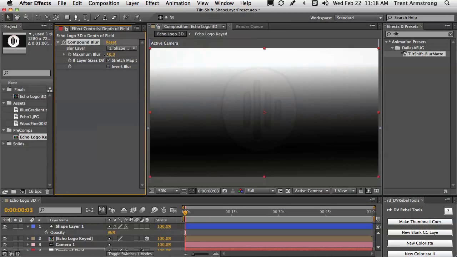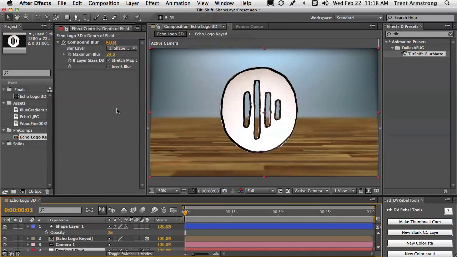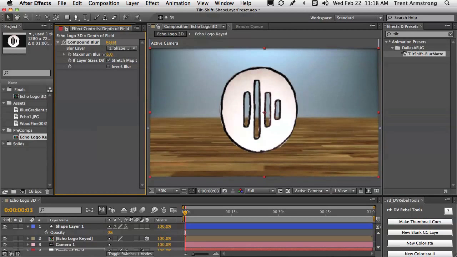Okay, so I can change my blur here. Let's see what happens. I'm going to change my blur. Depth of field layer, change my blur down. You can see the blur changing. Again, this is way faster. It still looks pretty real, but it's way faster than the camera blur renders. All right,